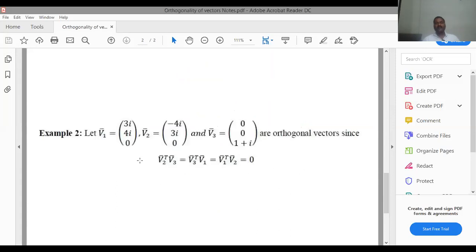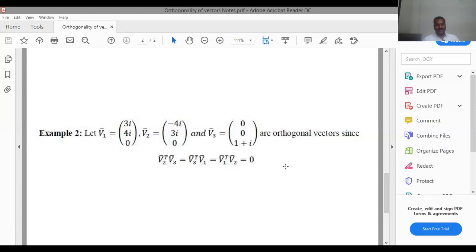Here, it's made of complex numbers. Now, to bring in complex numbers also within its purview, are they pairwise orthogonal? Yes. Say V2, V3. So V2 transpose V3, rather V2 conjugate transpose V3 equals 0. Similarly, V1 conjugate transpose V2, and so on and so forth. We see that all the three are mutually orthogonal and they form an